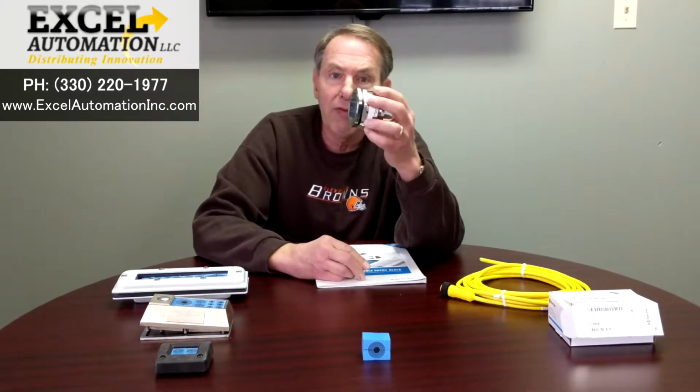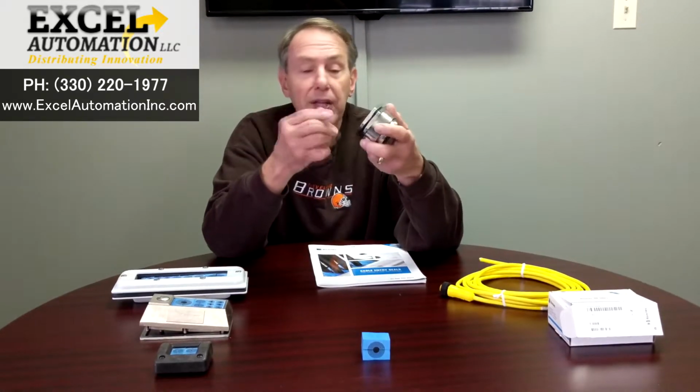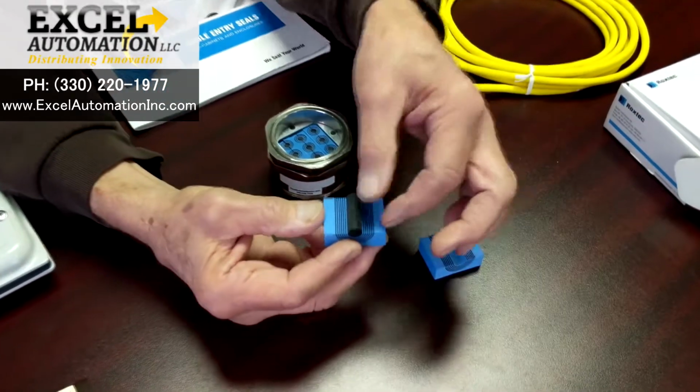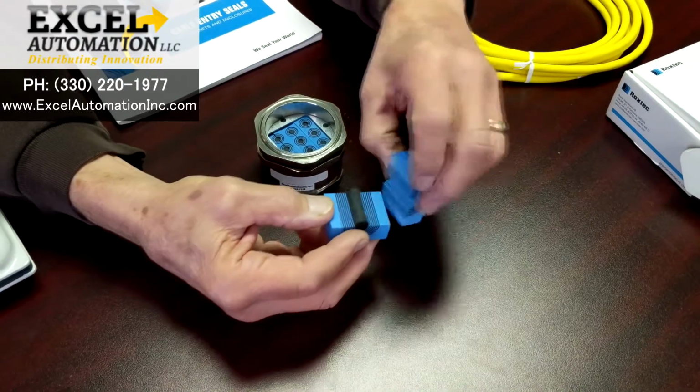popular product. It's comprised of a metallic frame. Here it's nickel-plated brass, also available in stainless, by the way, and it has sealing modules located within it. If you look a little bit more closely at the sealing modules, you find that every single module, typical of Roxtec, is a layered system. So you peel away the layers to get to the appropriate size opening to accept the cable that you're dealing